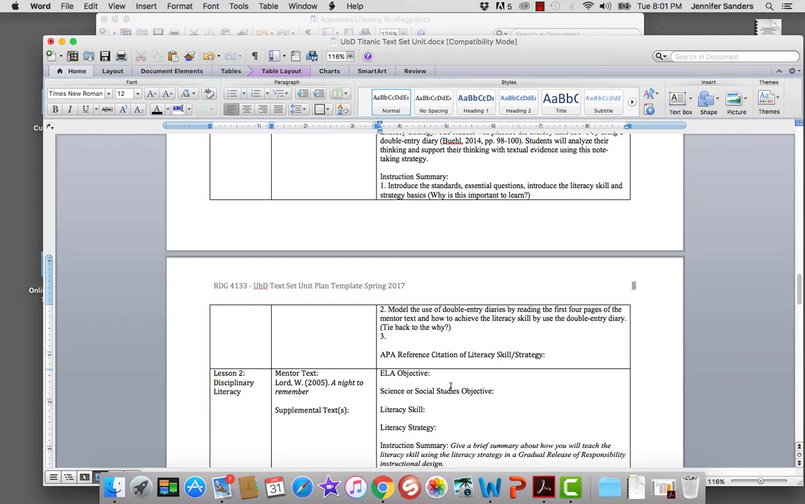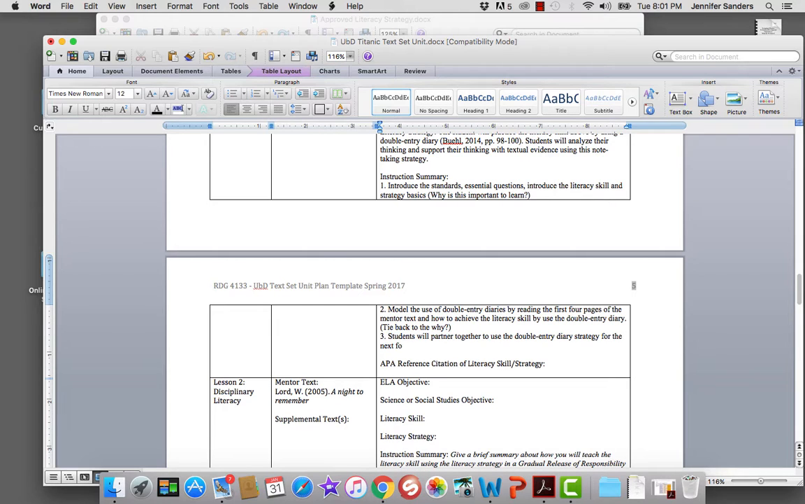So I actually like for my students to partner. Students will partner together to use the double entry diary strategy for the next 4 pages of the mentor text. Teacher will gather whole group to share,